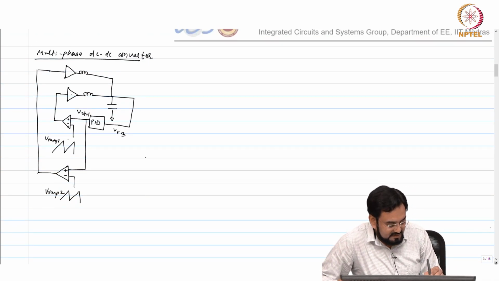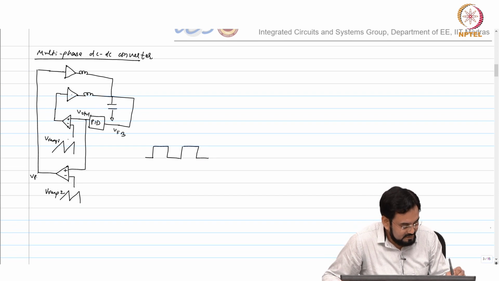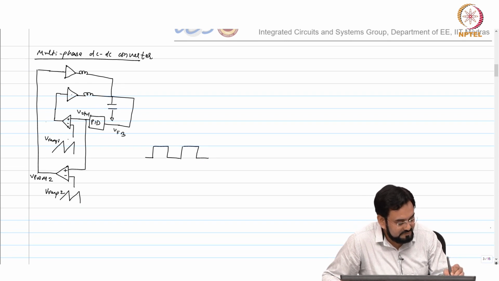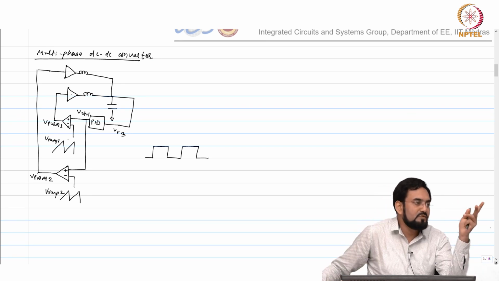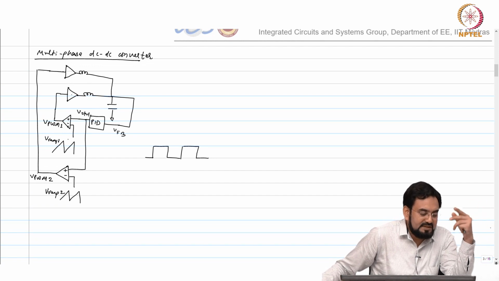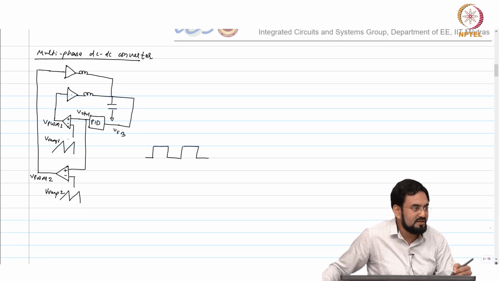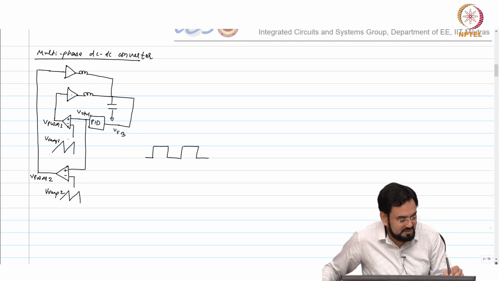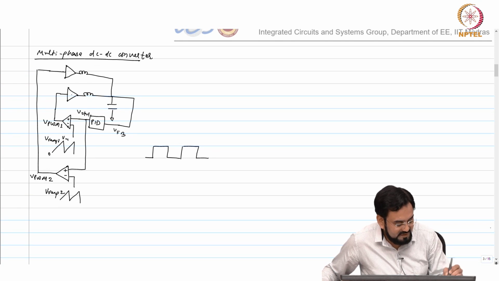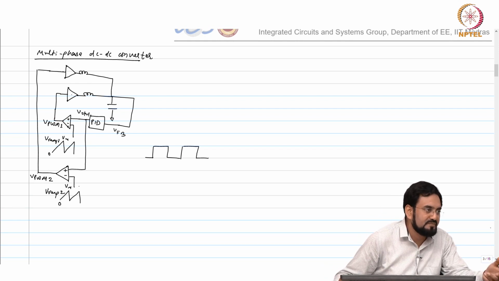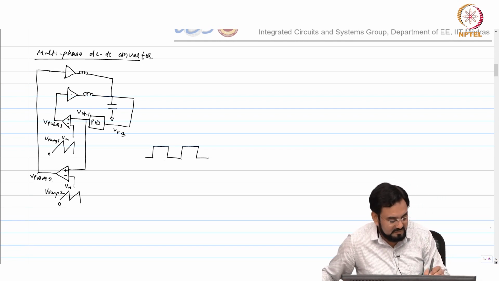So, the way it is done, that Vp, Wm2. So, we have two PWMs and the duty cycle will be same. I am thinking about your V control is common and your V ramp has the same amplitude 0 to Vm, this is also 0 to Vm. So, duty cycle should be same, but we keep them out of phase.